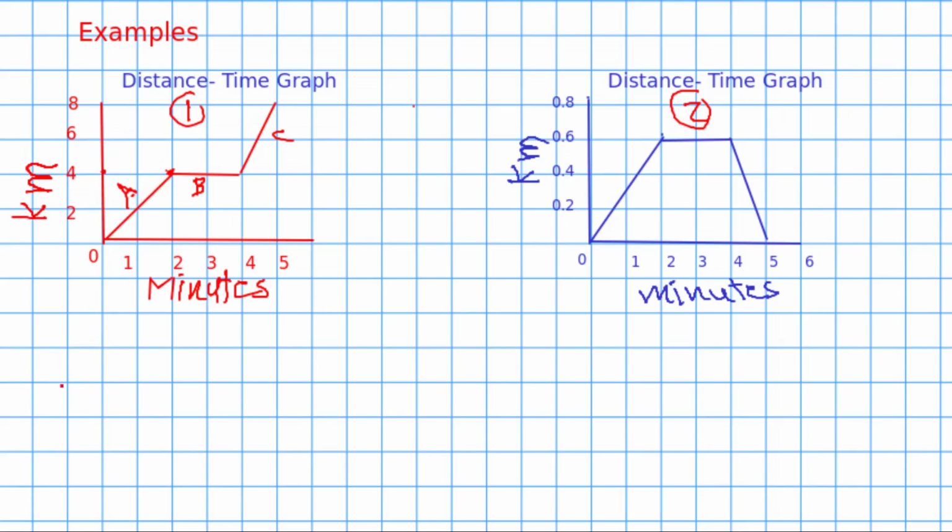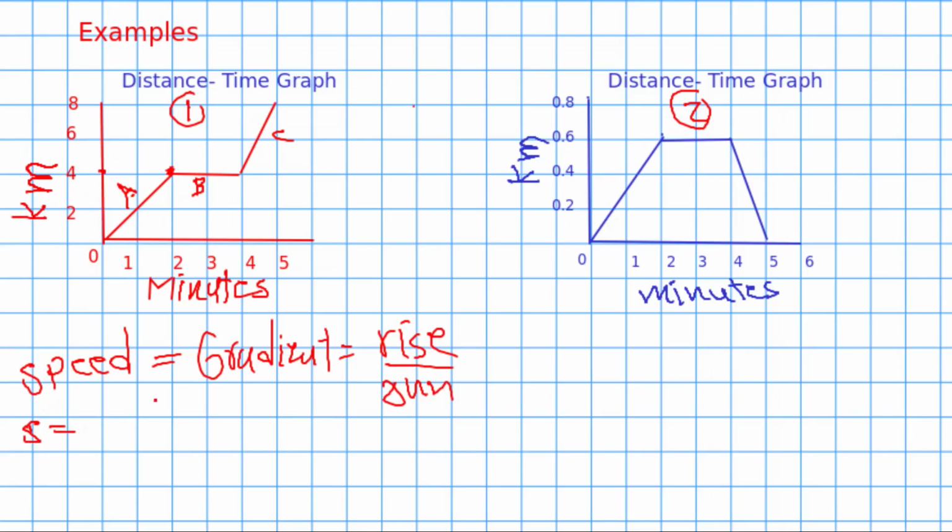So to find the speed, it is equal to the gradient, and gradient equals rise over run. What is our rise in this section only? We find it on the y-axis, at the end point of the line, which corresponds to 4 kilometers. So speed in this section is equal to 4 kilometers